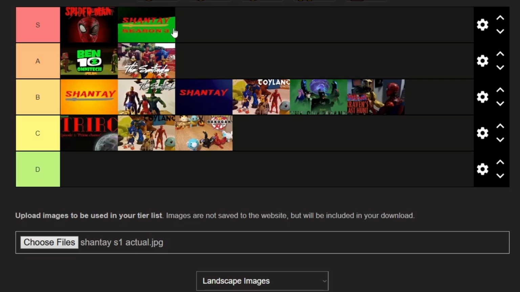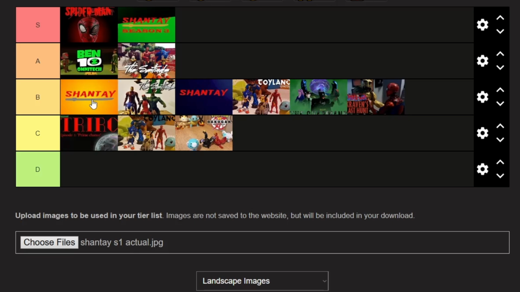So if you don't agree with this, make your own tier list. Pentan Omnitech, Sentinels, okay. I pretty much agree with all of these. Should I move Shantae Season 2 up to A tier? Although at the bottom of it. I define A tier as the tier where I like the thing, but I would change some stuff, although minor.